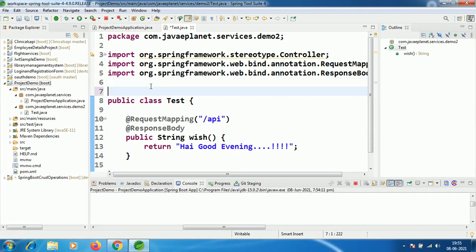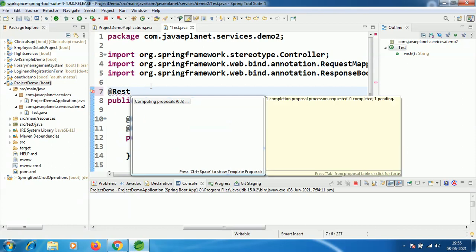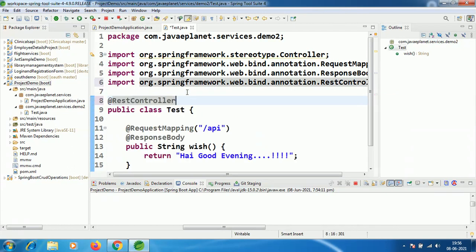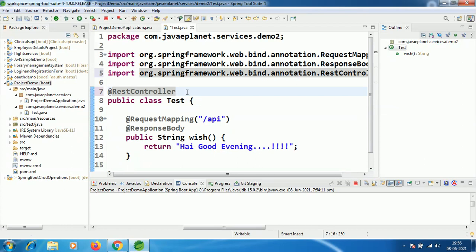Now we will annotate this class with @RestController. Press Ctrl+Space and we will get the suggestions. RestController. Ctrl+Shift+O to organize the imports.